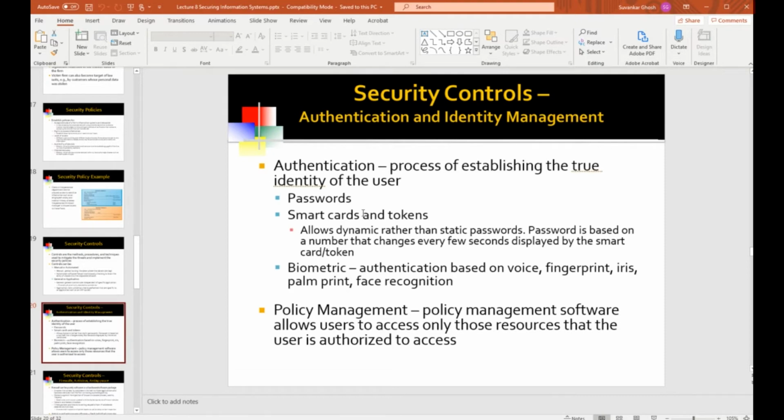And the sequence of random numbers is synchronized with the sequence that is expected at the server. So the server expects to see this sequence of random numbers. And so the sequence that is being generated with your smart card is synchronized with the sequence that the server where you have your account expects to see. And that's the password.